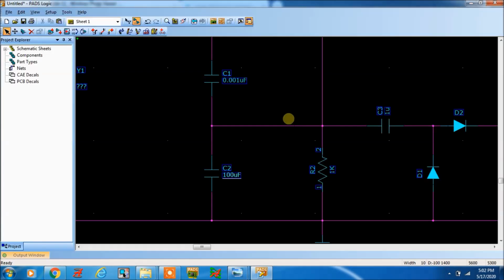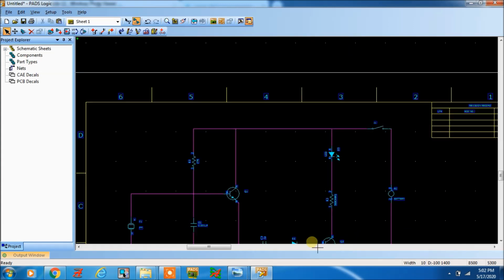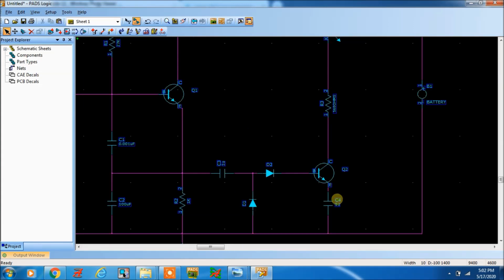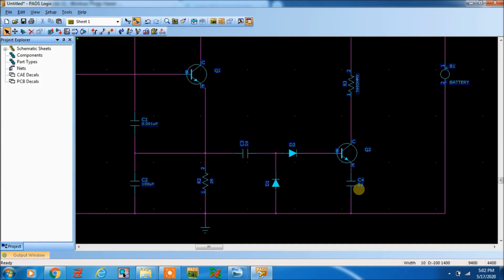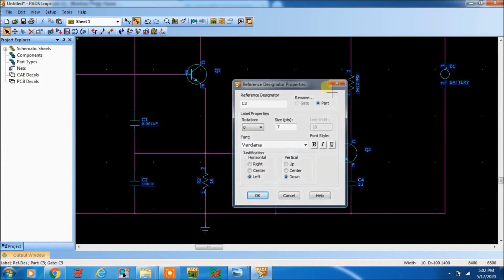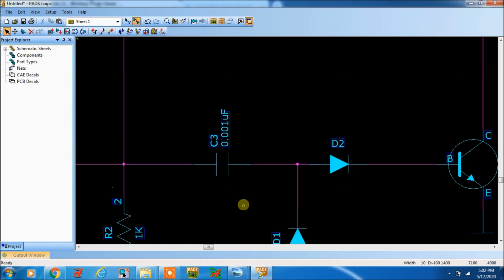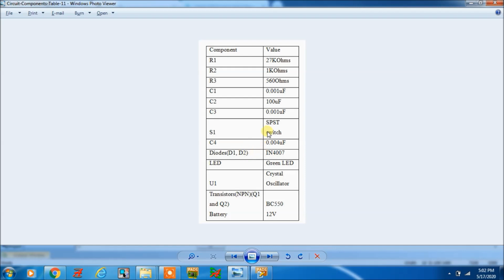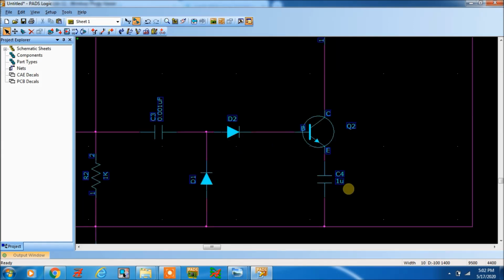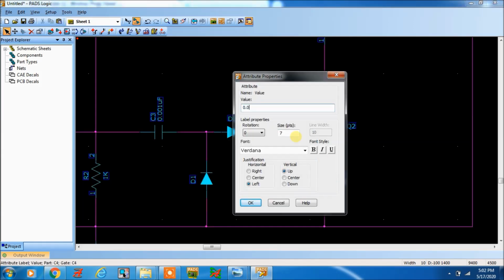Now C3 is again 0.001 microfarad. Okay. Now S1 switch, C4 is 0.004 microfarad.